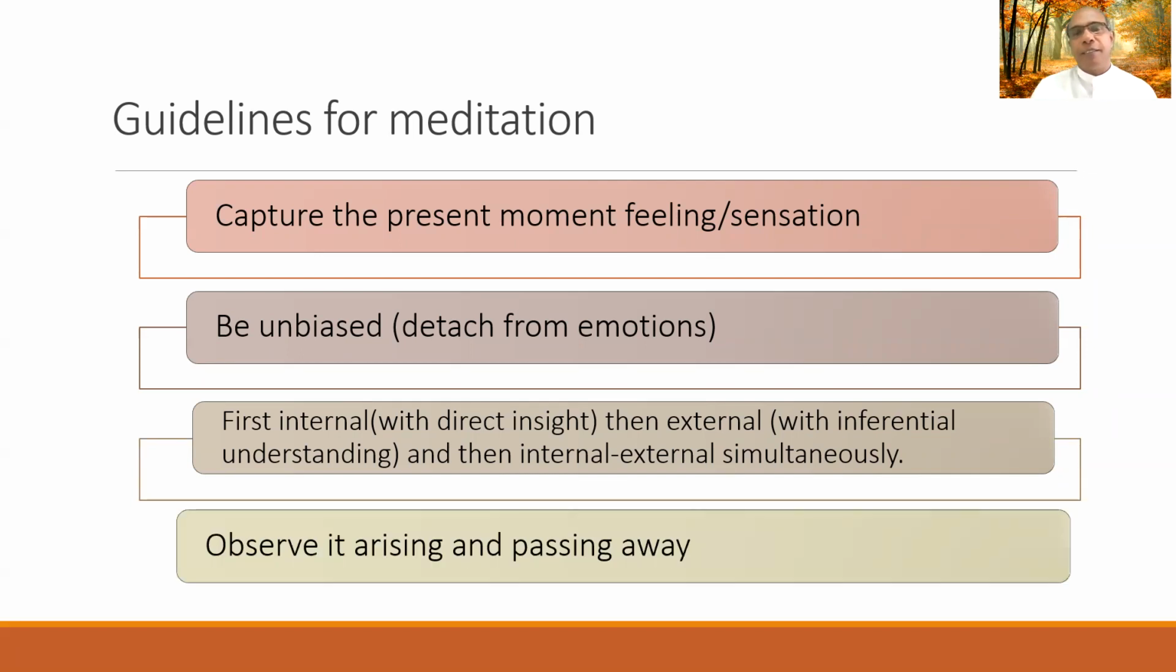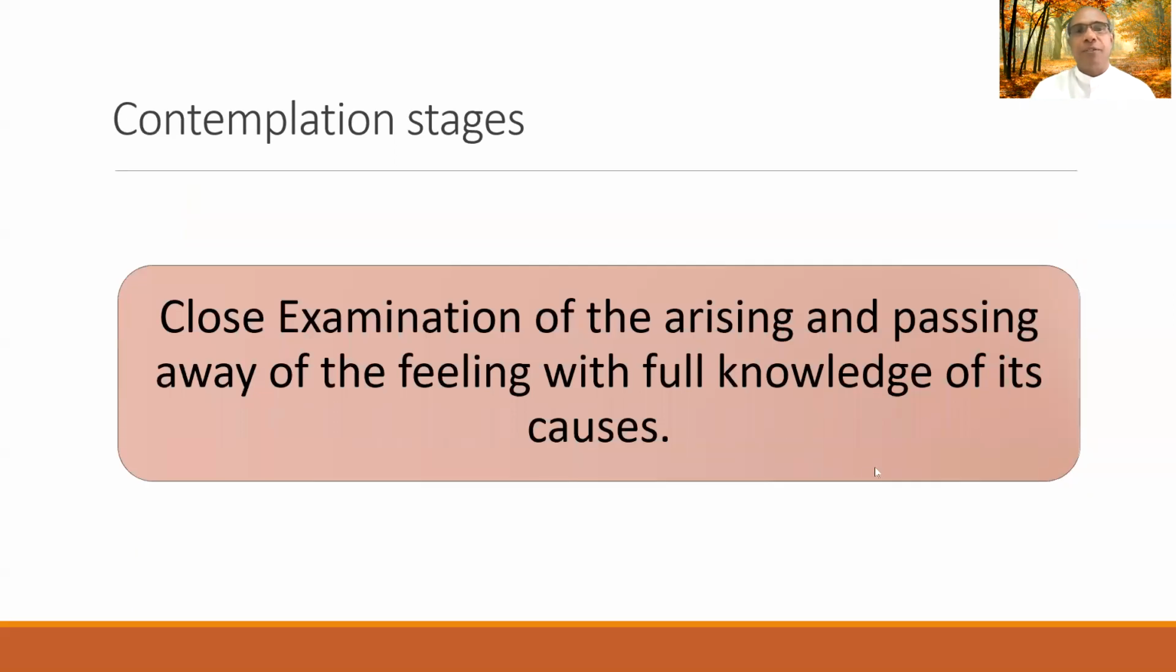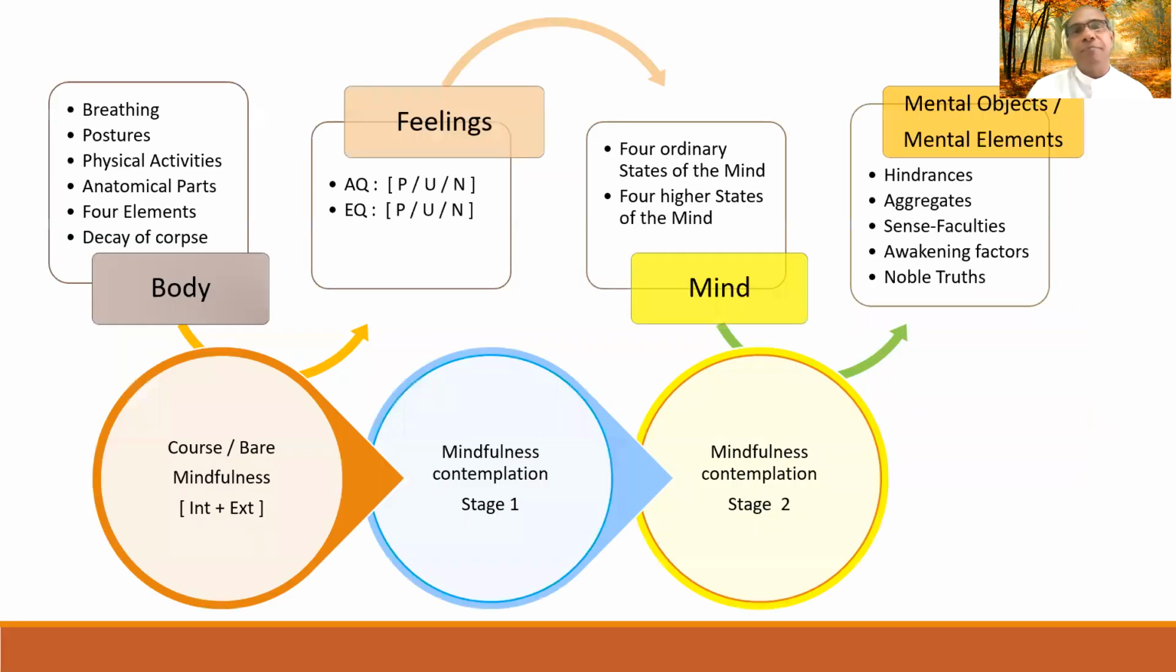After that, we add the contemplation part of it. Bare mindfulness is coupled with contemplation, where we closely examine the arising and passing away steps of the feeling. And contemplation stage 2 is we become aware of why. What are the causes for it to arise? What are the causes for it to vanish? It's similar to, remember,